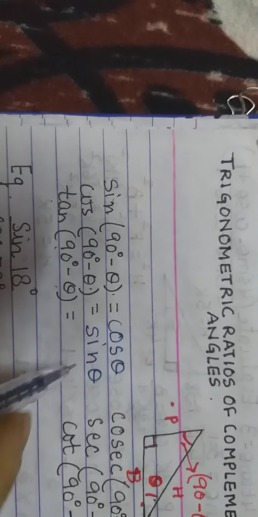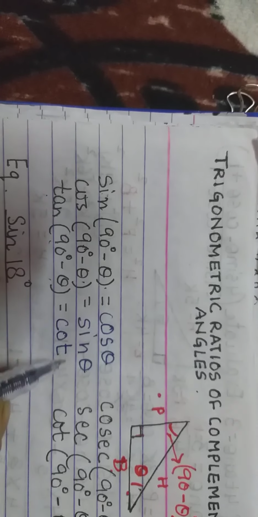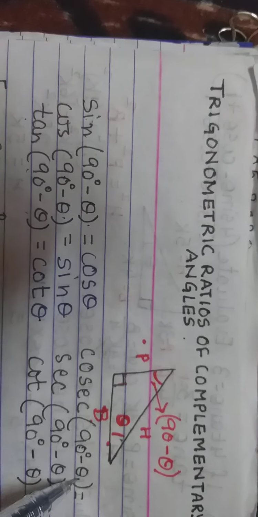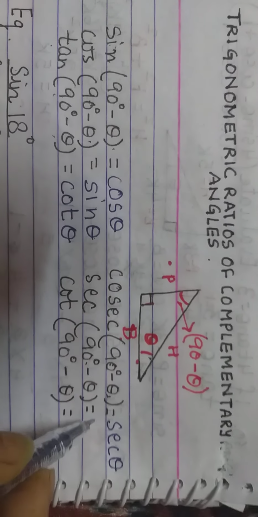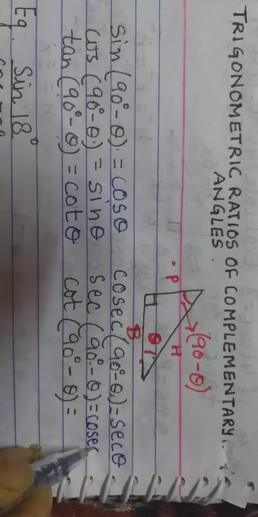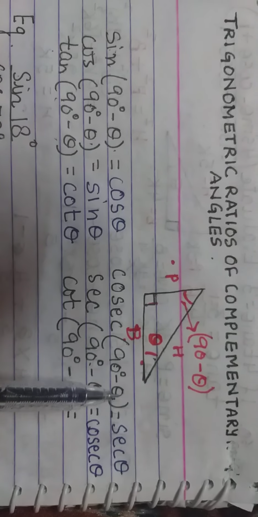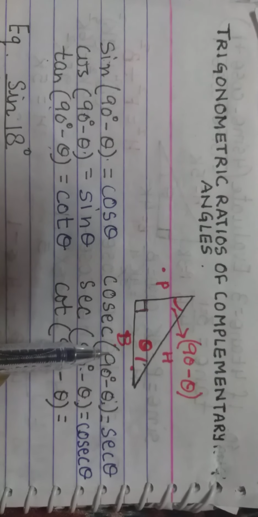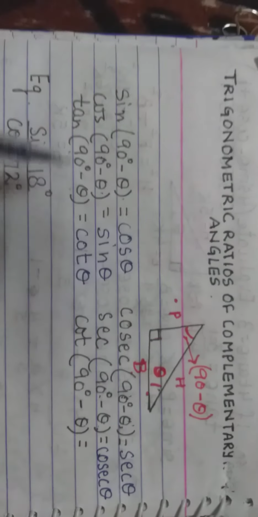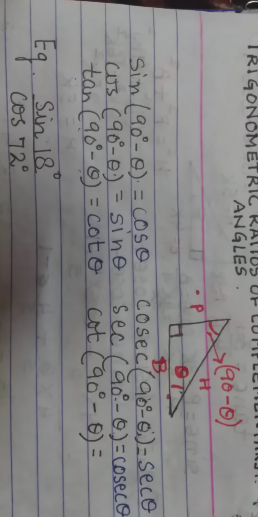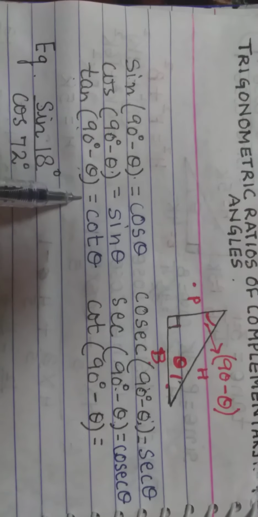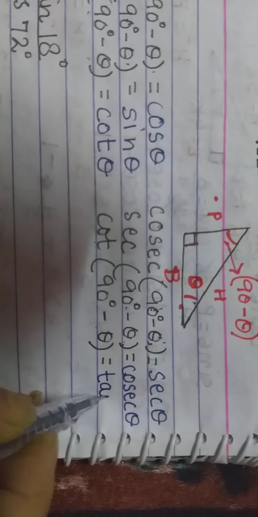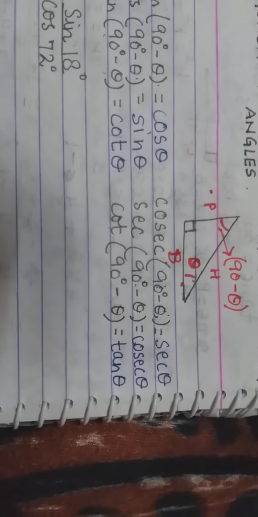Tan 90 minus theta is cot theta. Cosec 90 minus theta is sec theta. Sec 90 minus theta is cosec theta. Again, you know why? I've told you, perpendicular and base change in sine and cos, sec and cosec. Now, what is tan? It is perpendicular upon the base. So if they are changing, then tan 90 minus theta becomes cot theta, and cot 90 minus theta will become your tan theta. Is it clear to you, class?